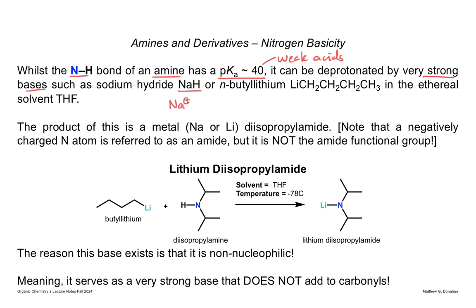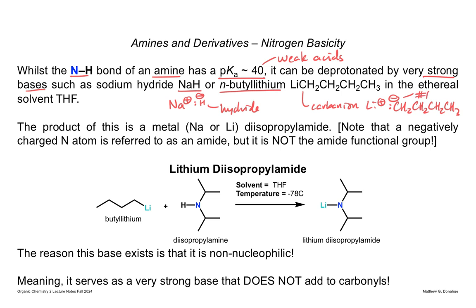Again, that's Na plus and then H minus, which is called hydride. Or the other strong base is N-butyl lithium, where this carbon is a carbon anion, a carbanion. So we have lithium plus, and then the carbon is minus, and then the rest of the chain. So that's N-butyl lithium. The N stands for normal, which means the negative charge is on carbon number 1 of